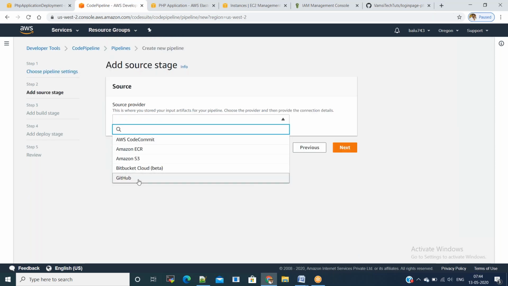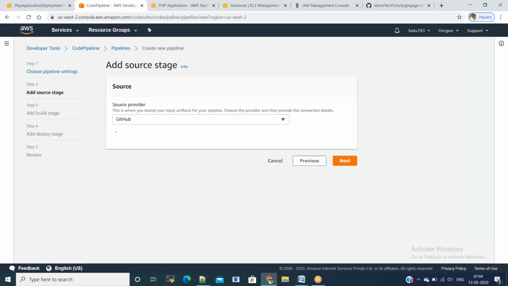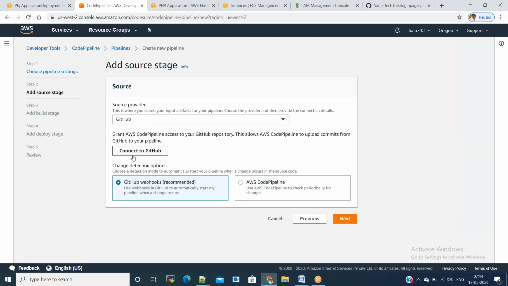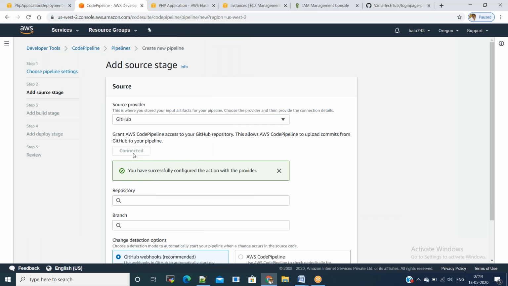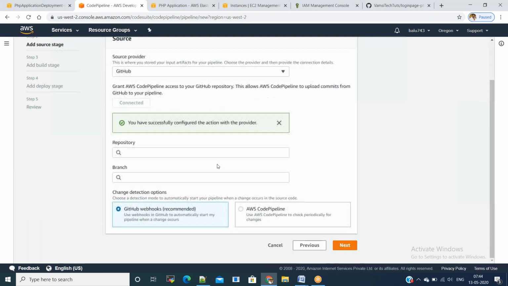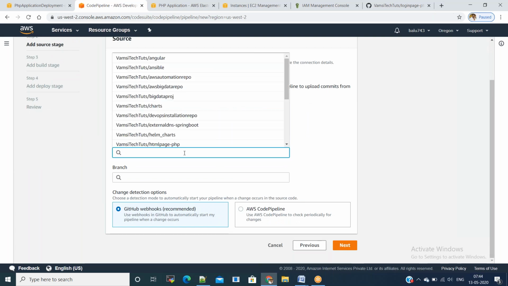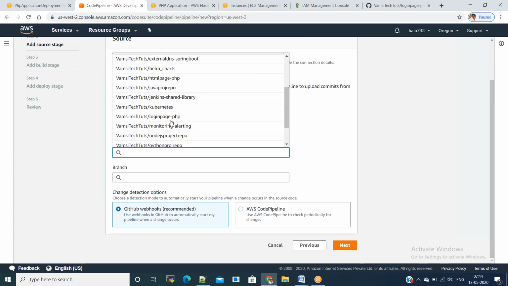Source provider. In this case, the source provider is GitHub because our code is in GitHub. Connect to GitHub. Done. You need to mention the repository name and branch. This is my repository, Vamsi Tech Tutorials.